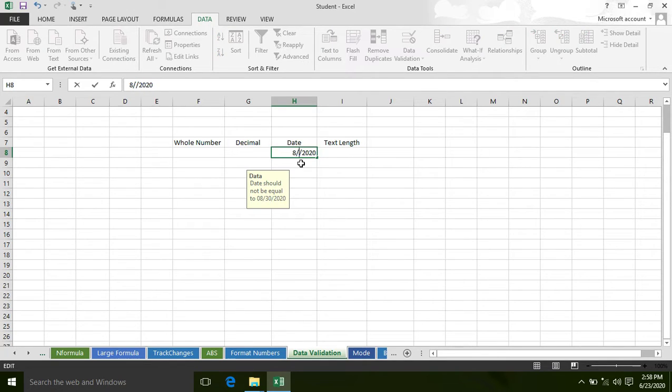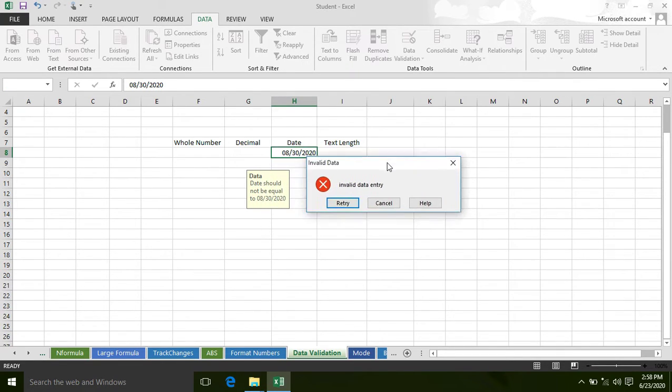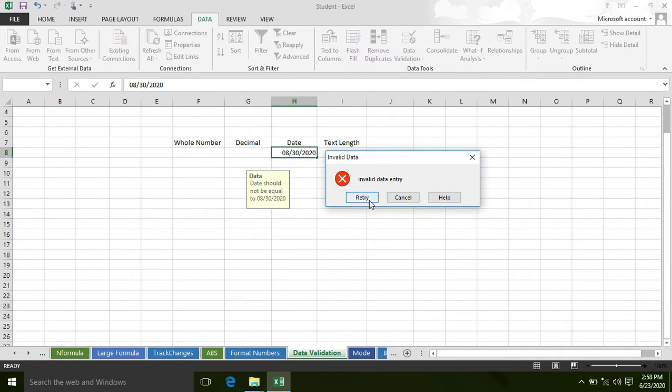If I type 30th September, I will not get any error. If I type 30th August again, I will get an error, because the criteria I defined here is that it should not be equal to 30th August 2020.